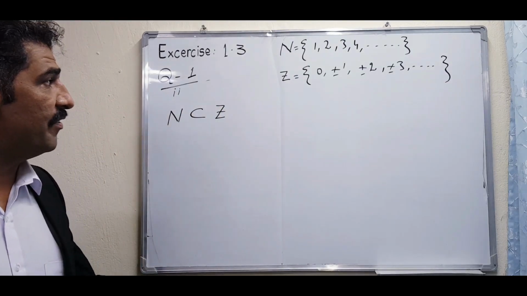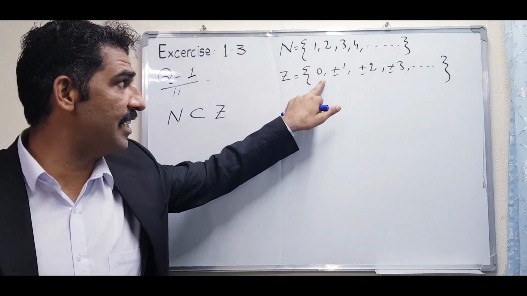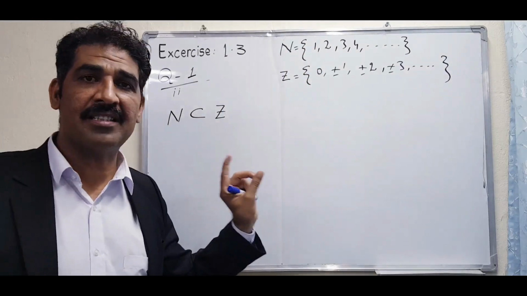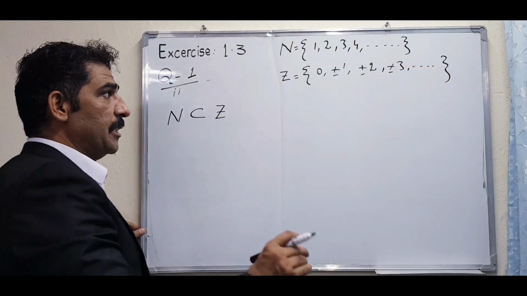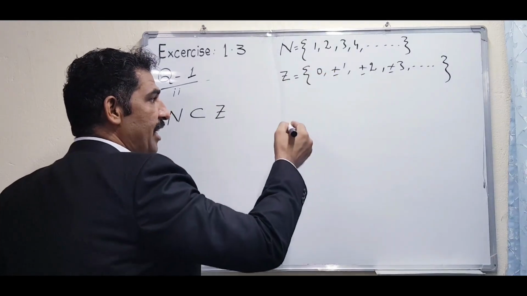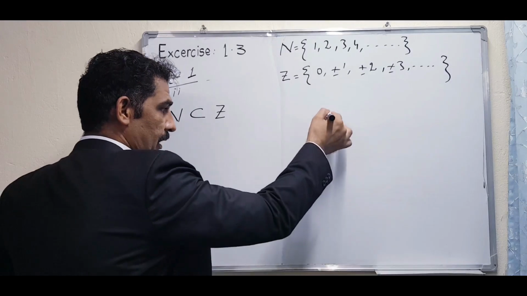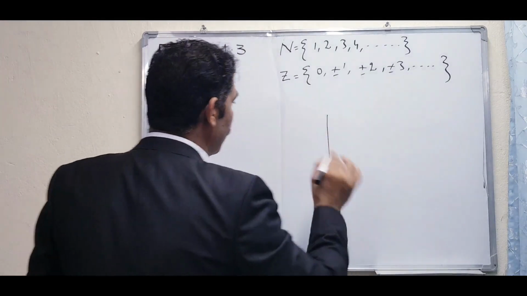Whenever we are taking the union, the answer is the bigger set, the superset. In the intersection, the smaller set, the subset, is the answer. I have already explained the tabular form, which you already know. So I want to explain this set with the help of a Venn diagram, with the Venn diagram of the union property.